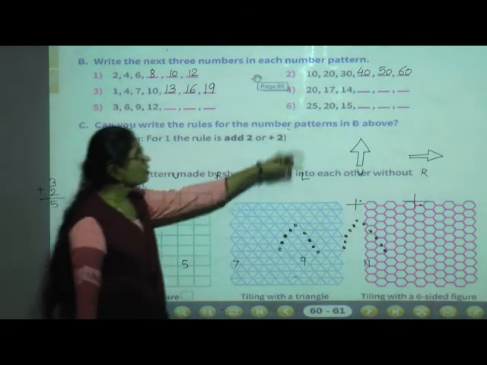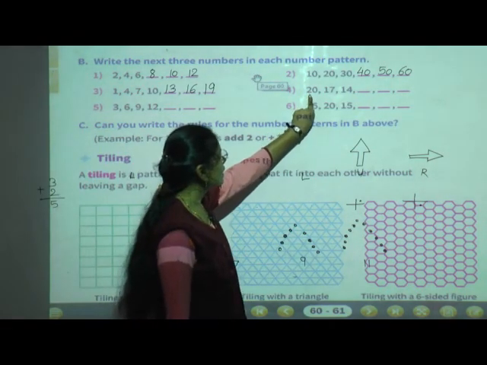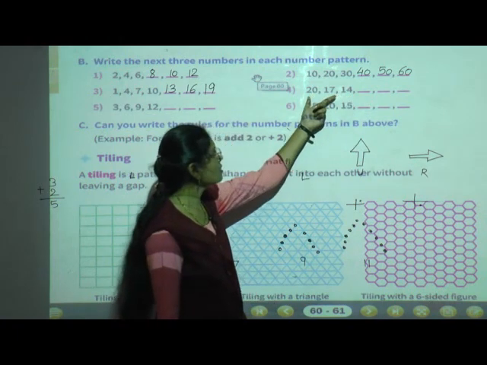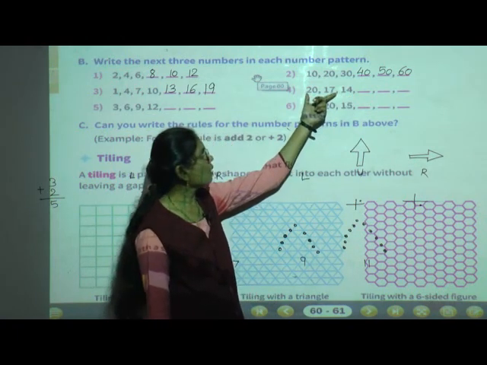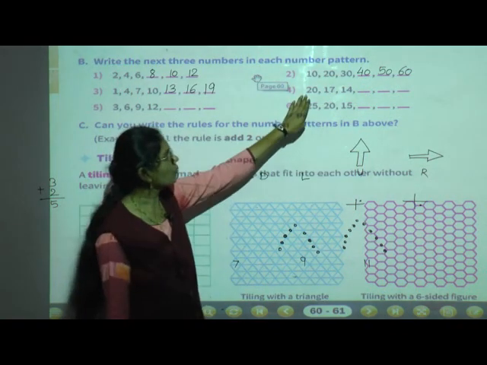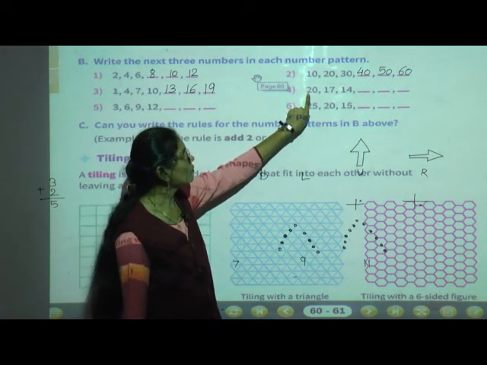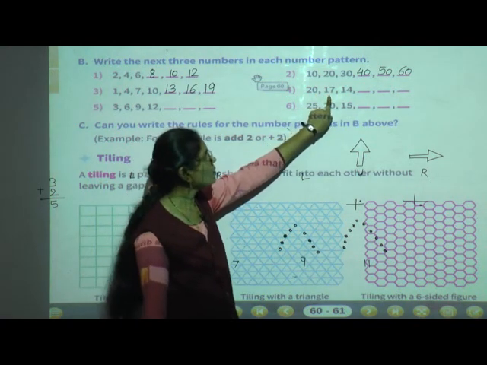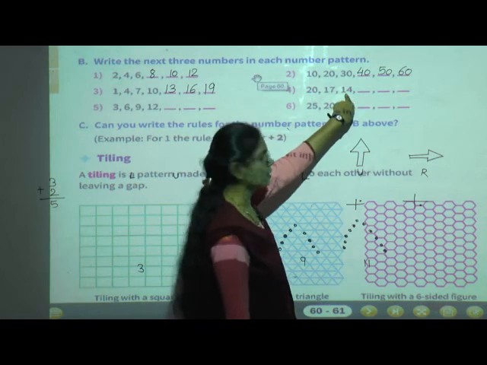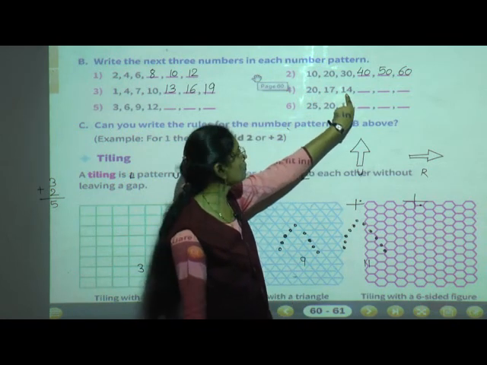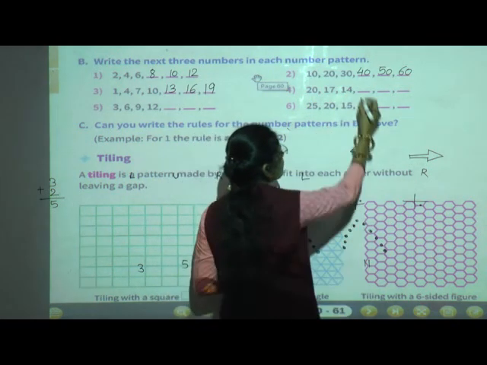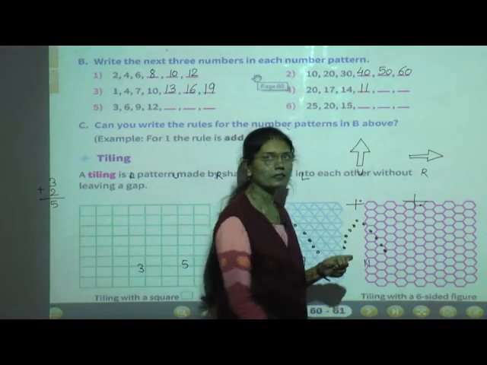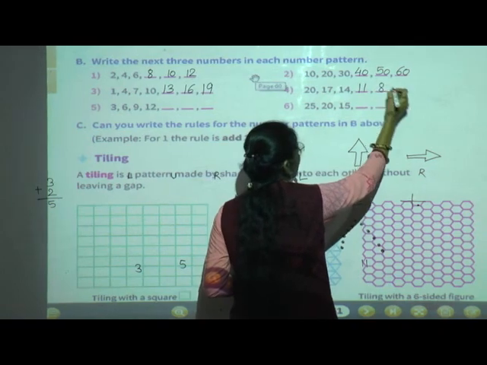Okay. Now the fourth one: 20, 17, 14. Now what is the rule inside this? In this pattern, we have to subtract 3 from the previous number. 20 minus 3, we get 17. Now 17 minus 3, 14. Now from 14 you have to subtract 3. 14 minus 3, which number will come? 11. Then 11 minus 3, yes, 8. And 8 minus 3,